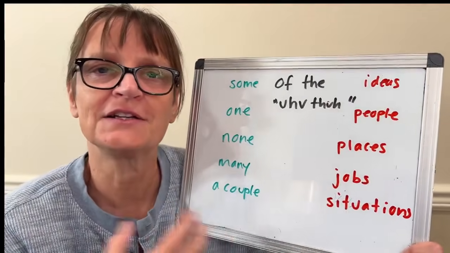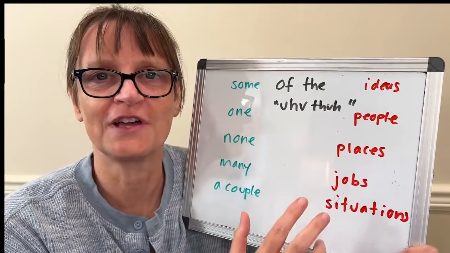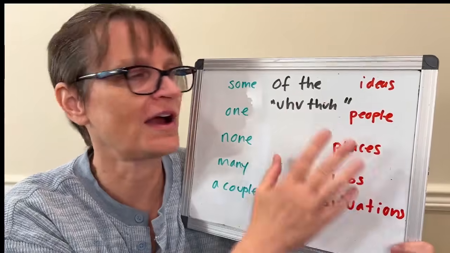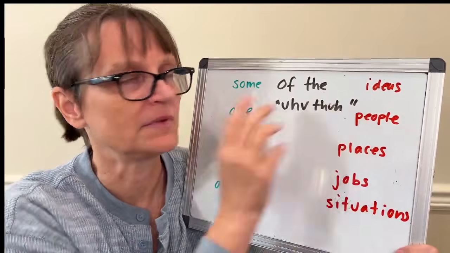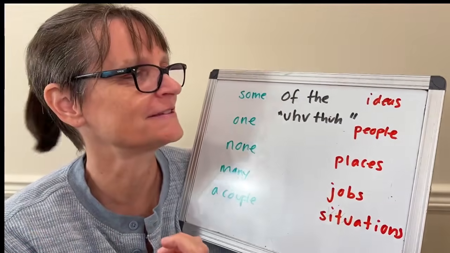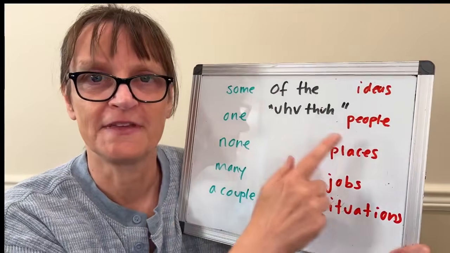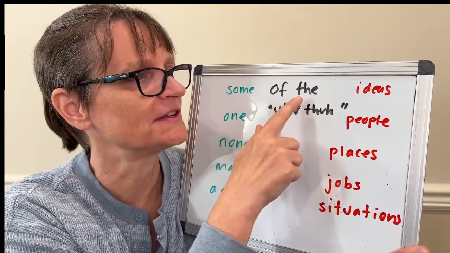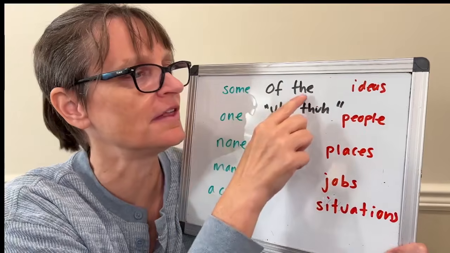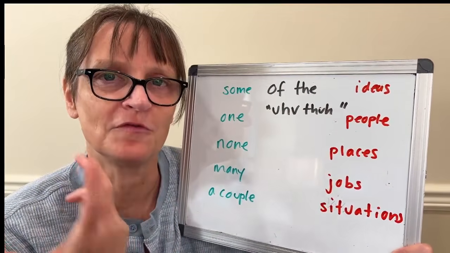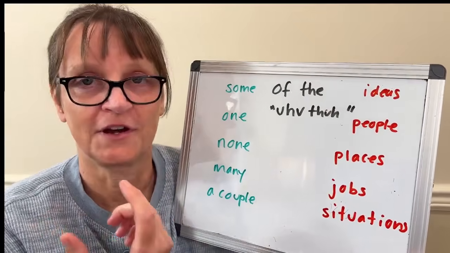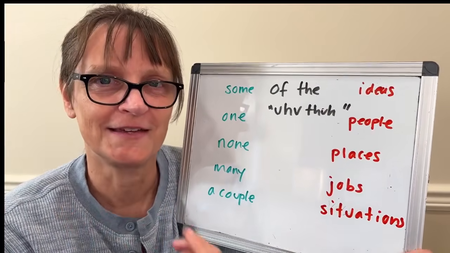So let's practice. I'll model for you and you can shadow after me the combinations here. We're going to go in a mixed practice and focus on getting "of the" to be natural and easy and flowing in these phrases. "Some of the ideas." Notice because I had "ideas" starting with a vowel I sound, then "the" became "thee." We use "thee" before vowels and "the" before consonant sounds. Starting again, "some of the ideas,"